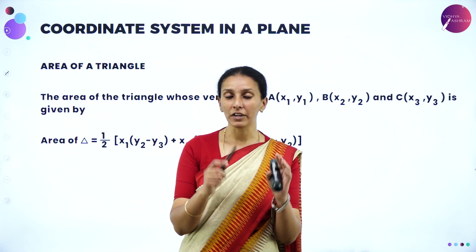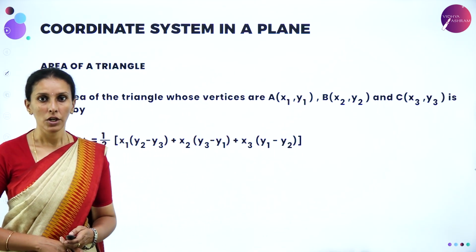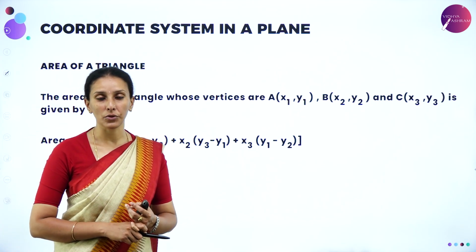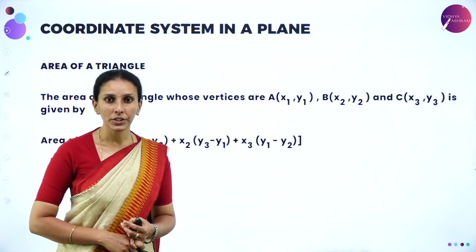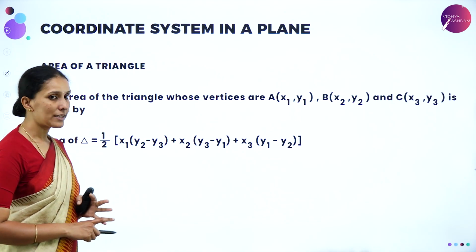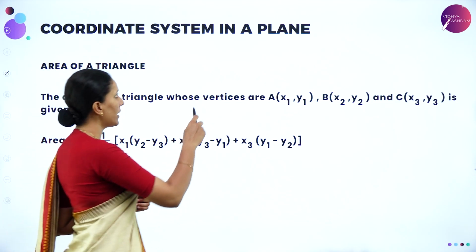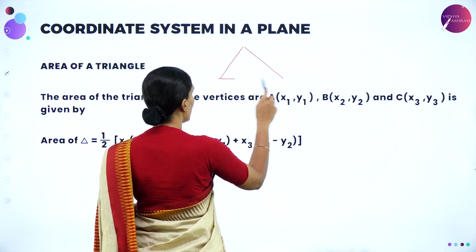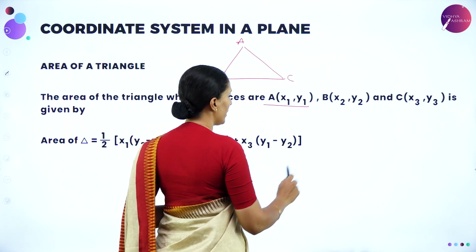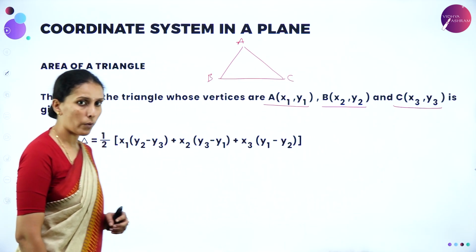So whenever three vertices of a triangle are given, how do we find the area of the triangle? Basically, we know the formula to calculate area as half into base into height, whenever we know the altitude and side of a triangle. But here they have not given any sides or altitude of the triangle. They have just given the vertices A, B, C which form a triangle. So if point A is (x1, y1), point B is (x2, y2) and point C is (x3, y3),